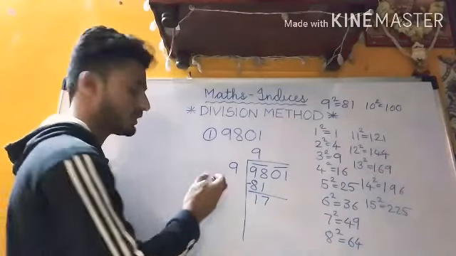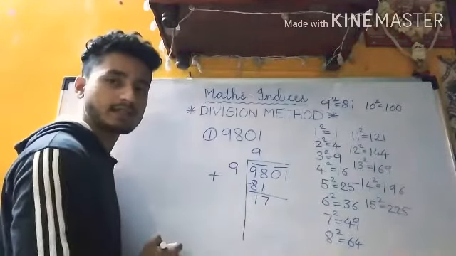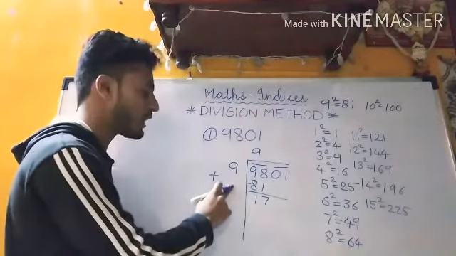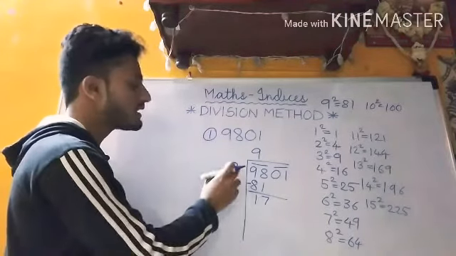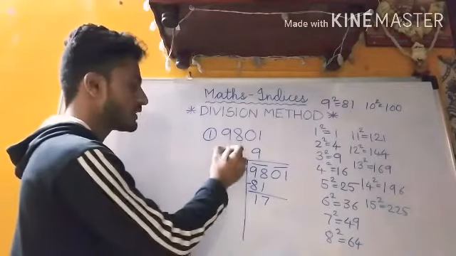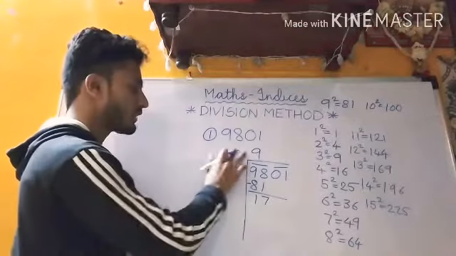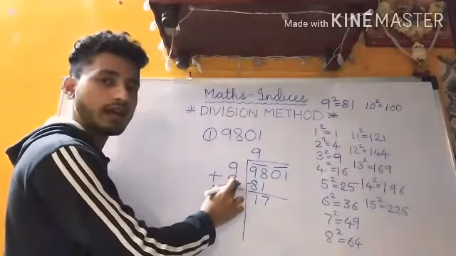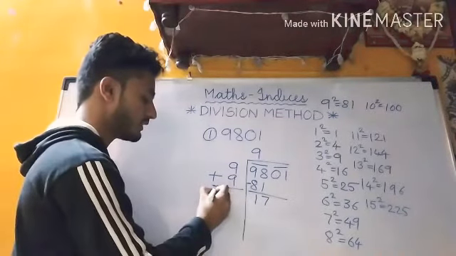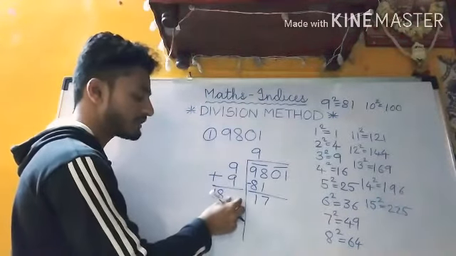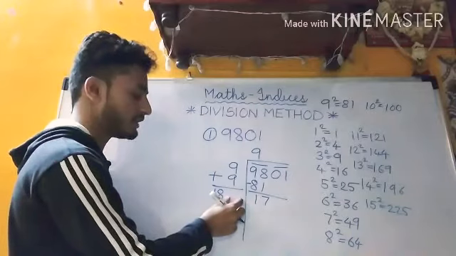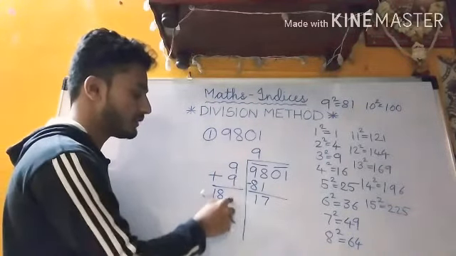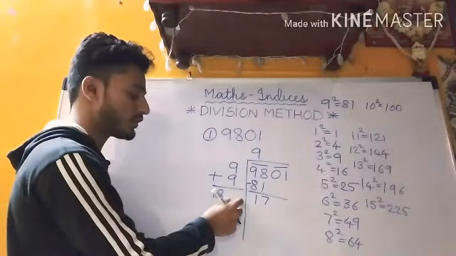Now how to do the addition here? You'll put a plus sign, and whatever number is in the units place, you're going to add the same number below. Since here it is a single number, this is only at the units place. So I'm going to add 9 again here, and I'm going to write the answer here. Please keep some space here because we are going to write a number here. Do not write it below. Just keep some space for a number.